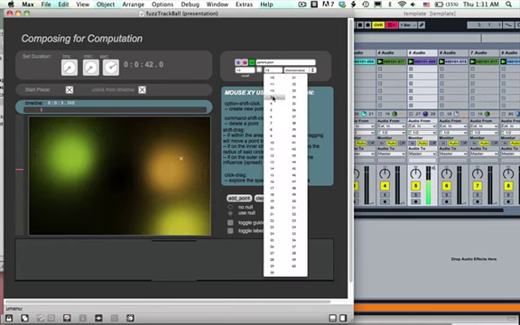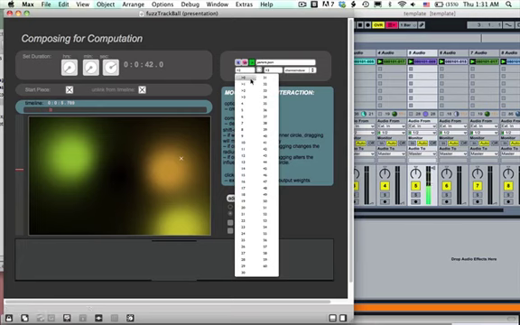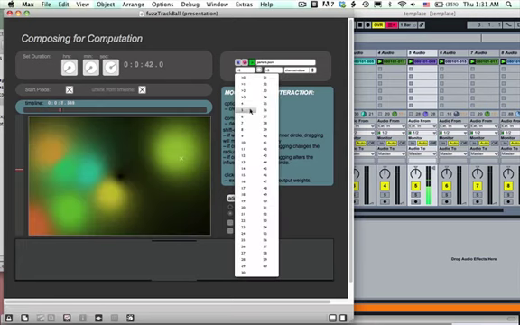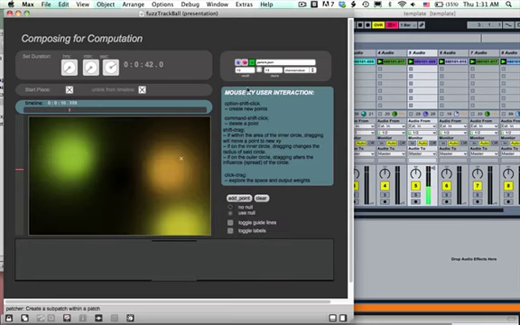So we can try that again. I'll just store that in here. Go over there really quick. Okay, so see, that time it's stored. So sometimes you just have to be persistent and double check that when you store it, it actually goes into that recall. So this is temporarily on the patch, but the way we save that so we can load in a set of presets that we have